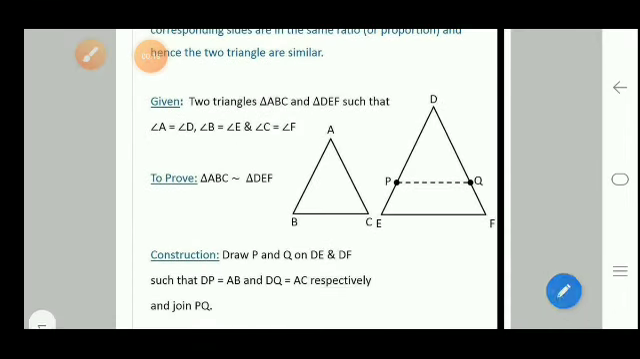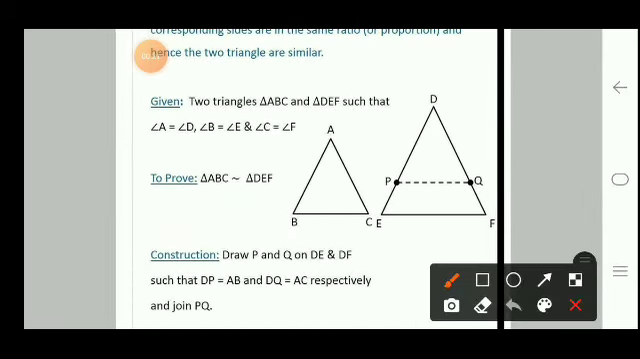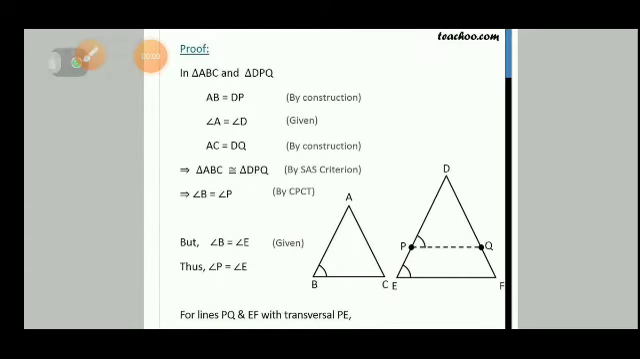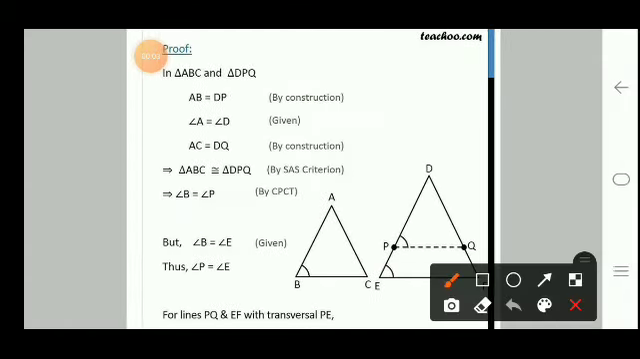Two triangles are given: triangle ABC and triangle DEF. So as we can say, angle A is equal to angle D is given, angle B is equal to angle E is given, and angle C is equal to angle F is given to us. We have to prove that the triangles are similar. So for this we need to construct a few things, that is, first draw P and Q on DE. First draw P, and so as you can see, the triangle ABC is congruent to triangle